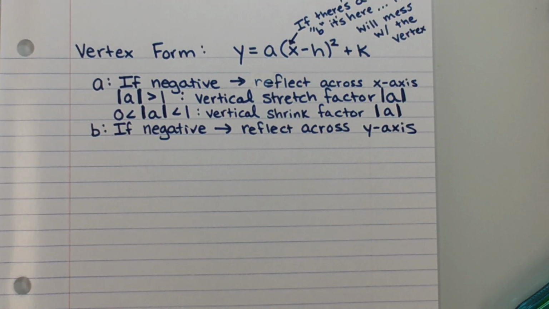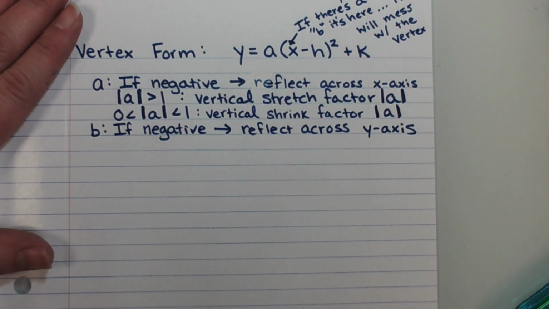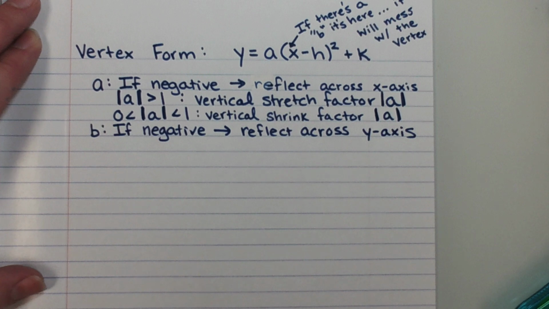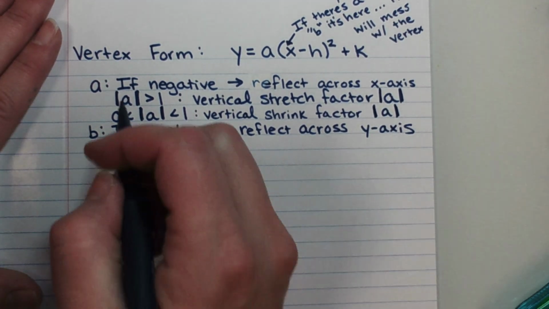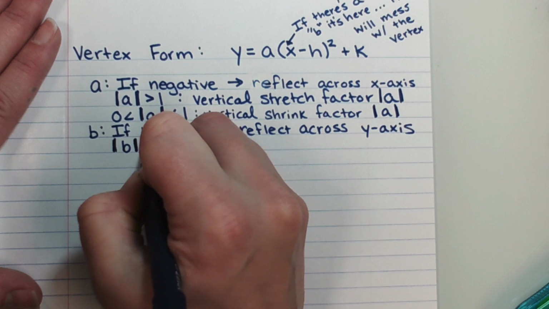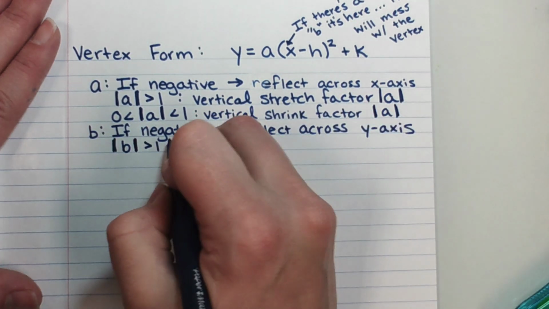But you won't really notice it. Particularly, you won't notice it if it's done to the parent function. If the absolute value of b is greater than 1,